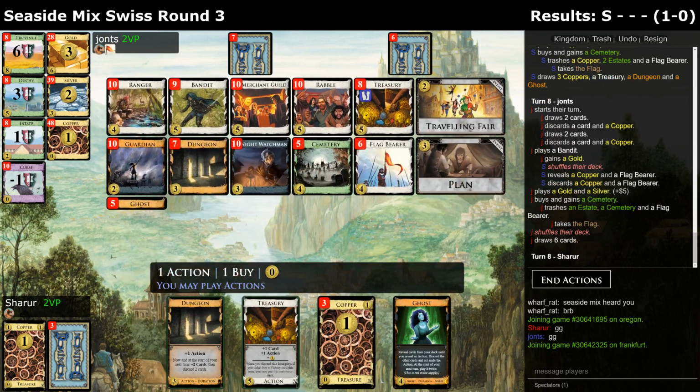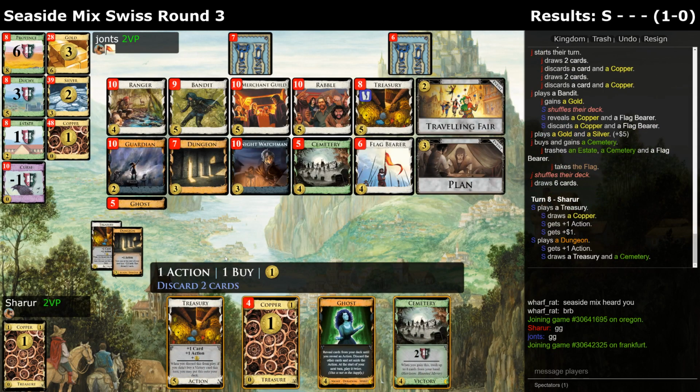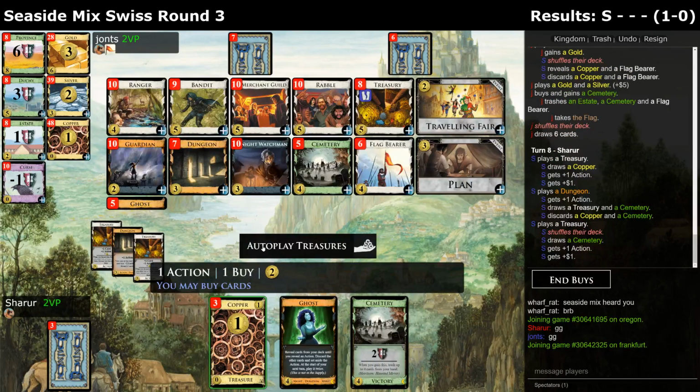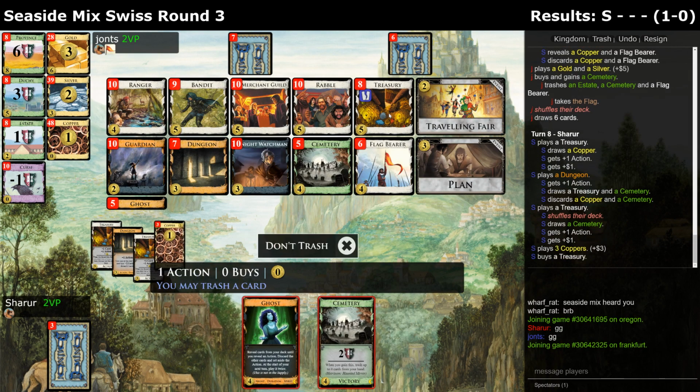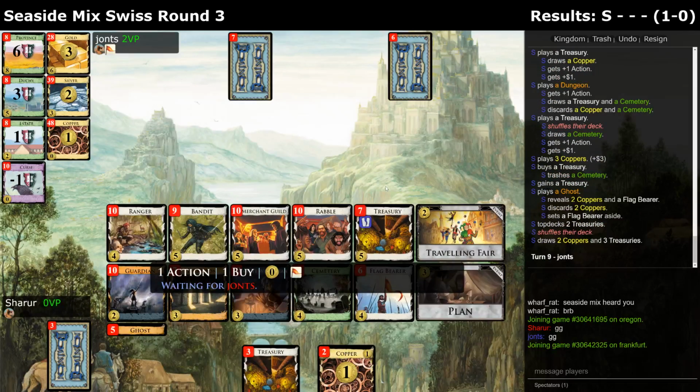All right. Just go ahead and discard Cemetery Copper, I guess. Oh, alright, so we can buy another Treasury, trash that Cemetery. And Ghost Flag Bearer, which is not super useful, but...